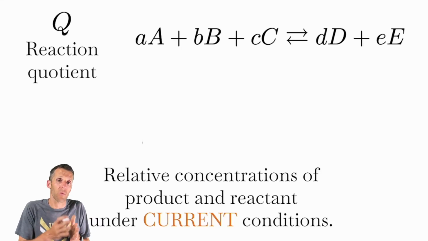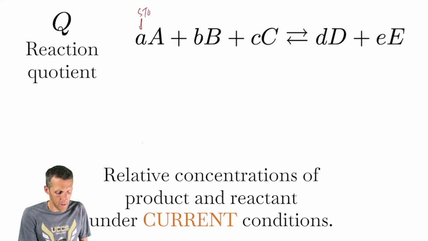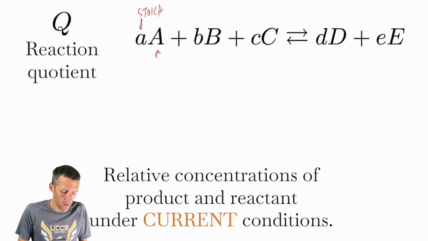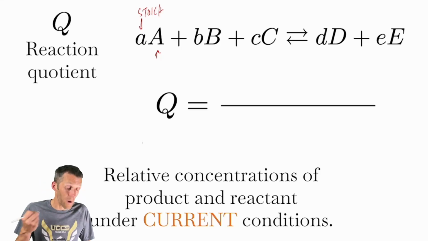So here I'm showing a hypothetical reaction. The little numbers here are the stoichiometries, and then these are the identities. So I've got a moles of A in this reaction, b moles of B, c moles of C, etc. And then if we write out the equilibrium constant, or the Q for this, the reaction quotient, we would